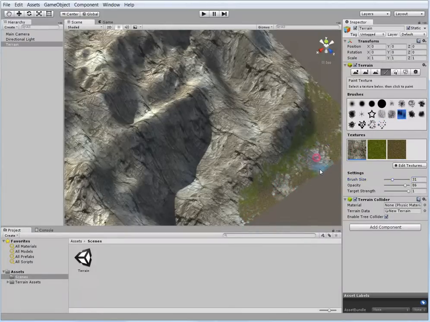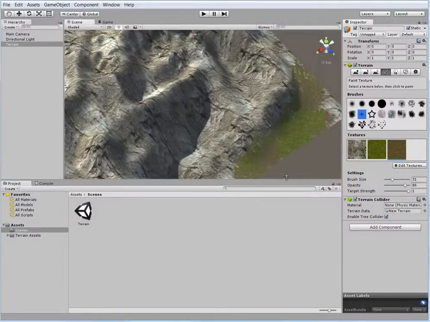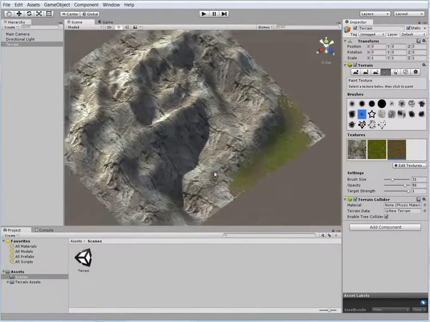I always just play with the brushes and see what they give you, because depending on the texture that you're using, you can get all kinds of effects with the different brush types. So always mess around with those and see what you get with your different brushes. Alright, so